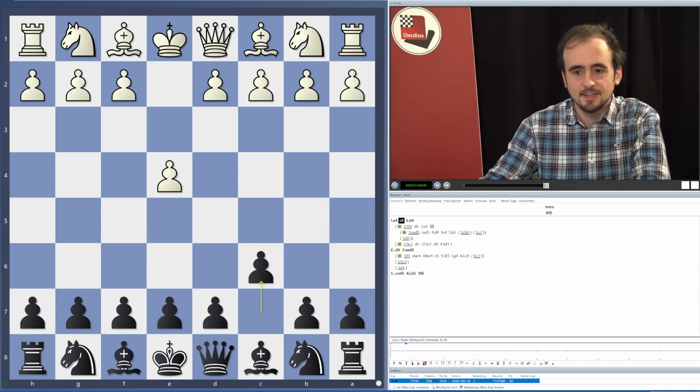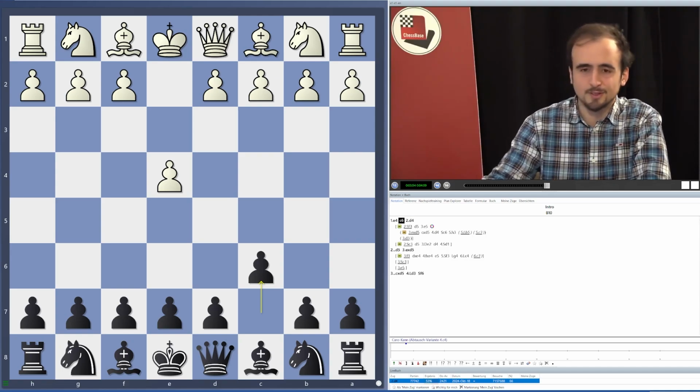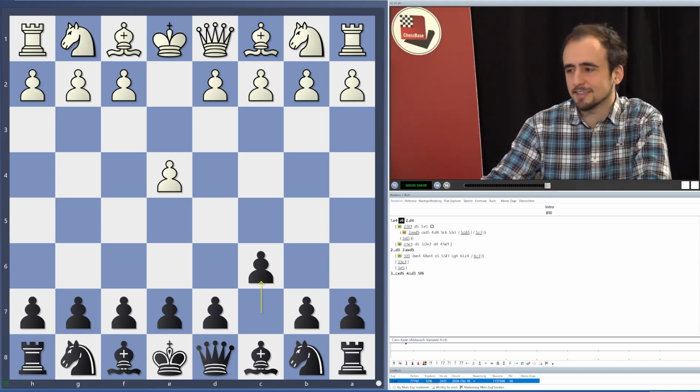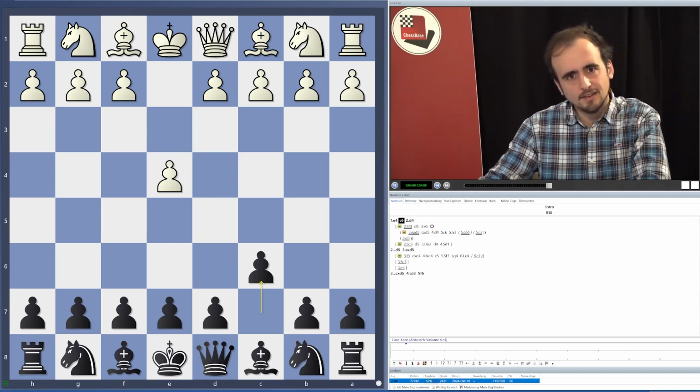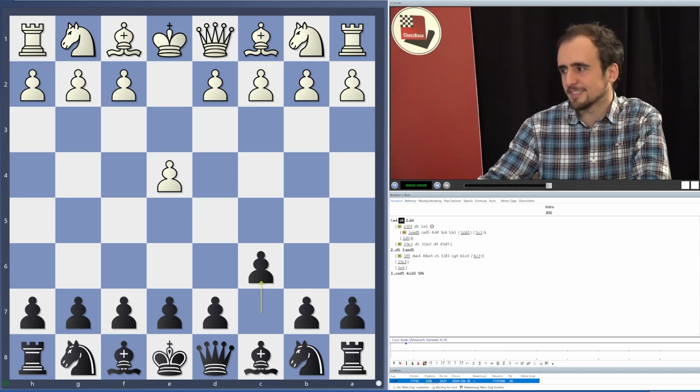And that's usually how I work with courses sometimes: it's useful for black in this case because it's a Caro-Kann course, but most of the time you get ideas like, okay, this is actually tricky, you need to know quite a lot, so this could be interesting as well for white. So I hope to see you in